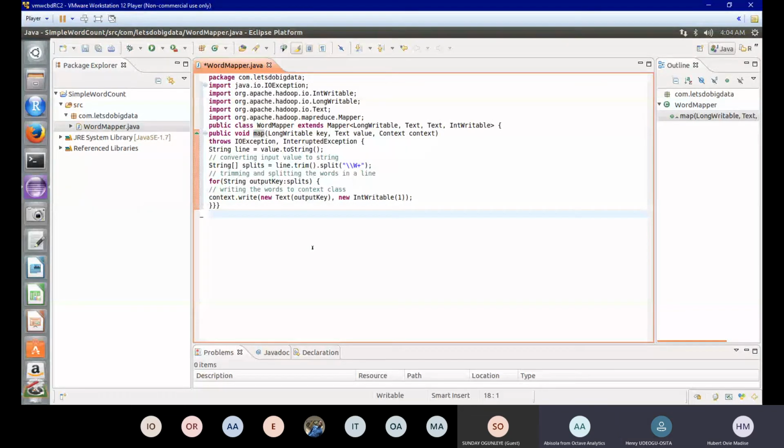For example, now I have so many words. I have a lot of text. What this mapper function will do is make it into a key value pair. For example, I have good, I have tasty, I have chicken, I have pepper. Those are words in my text file. So it takes chicken, it maps chicken, it writes chicken, comma, 1.